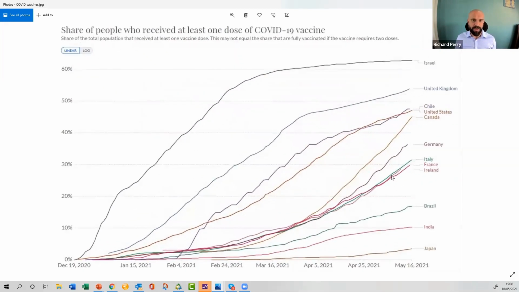Zoom in a bit, and you can see here, these Eurozone lines, Ireland, France, Italy, Germany, are all accelerating higher. Now, it's interesting that the front runners in this, the UK, that line has slightly tailed off. The US, again another front runner, has slightly started to tail off. So this is coming as the Eurozone vaccine numbers are really going. So the market spent February, March, April all factoring in strong US, strong UK. Now, we're starting to see, I think, the Eurozone picking up on the vaccine front, and it's not surprising to see that we're now starting to see these Eurozone bond yields go higher,